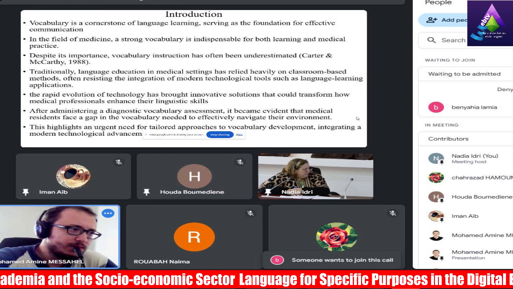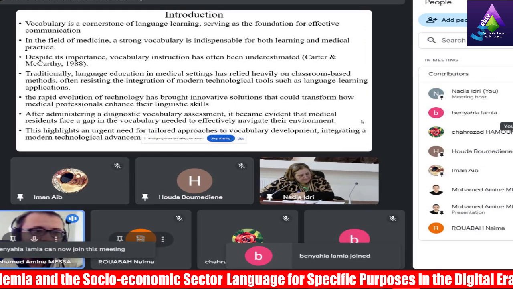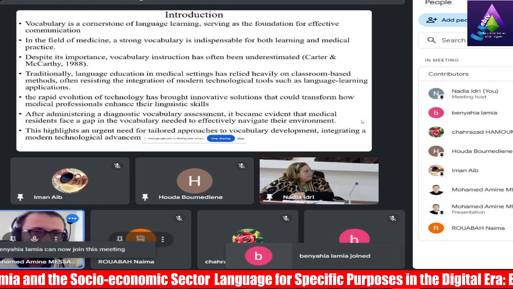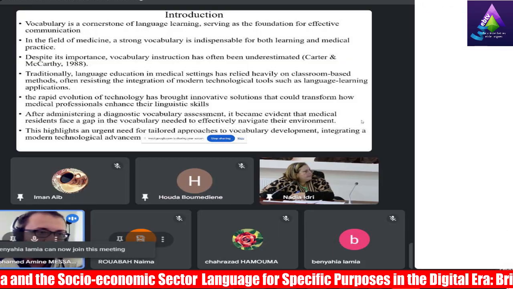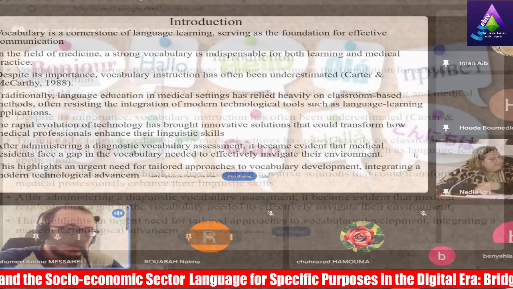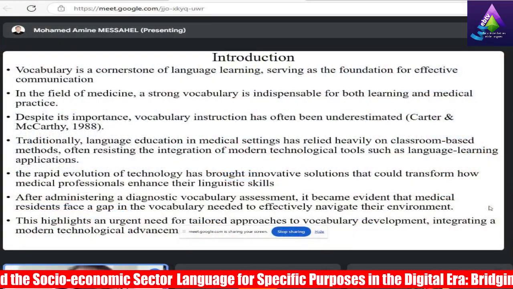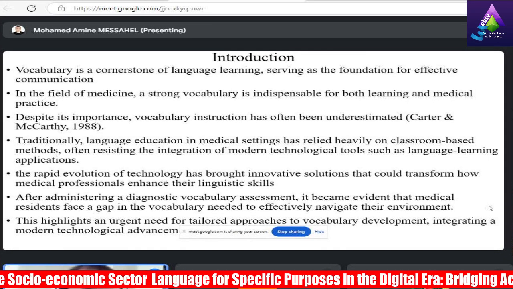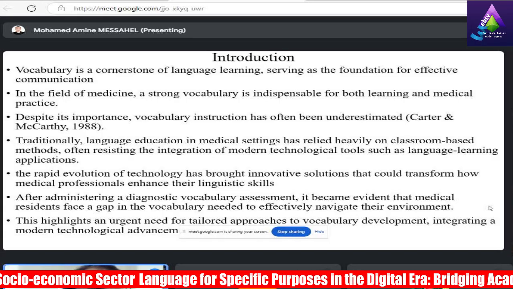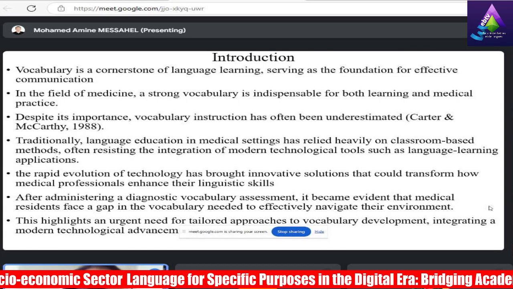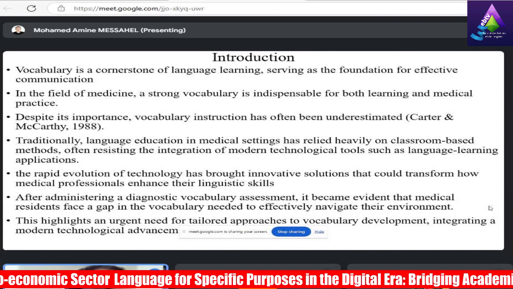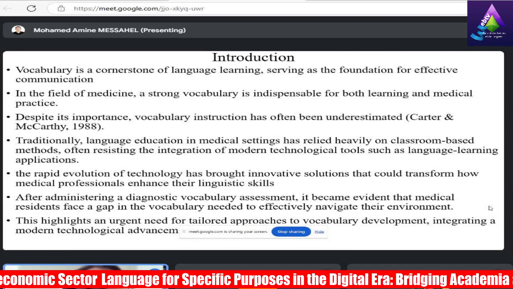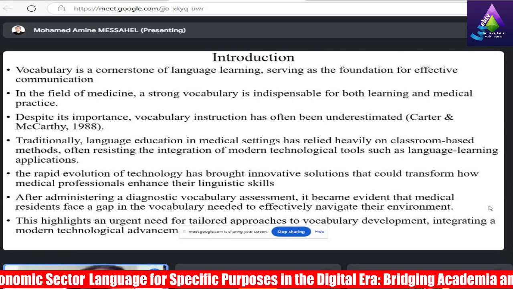The rapid evolution of technology has brought innovative solutions that could transform how medical professionals enhance their linguistic skills. After administering a diagnostic test to these residents, it became evident that medical residents face a gap when discussing their field, and it became a hindrance when navigating their environments, thus highlighting the urgent need to tailor such a solution to vocabulary development.